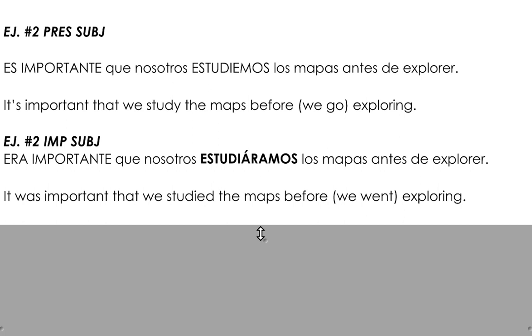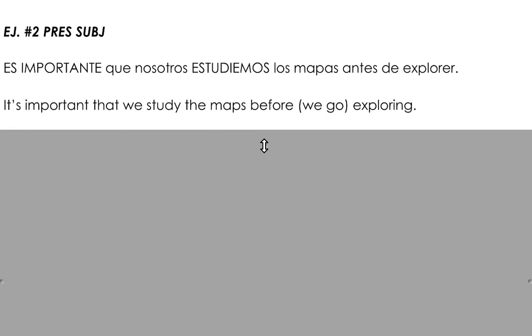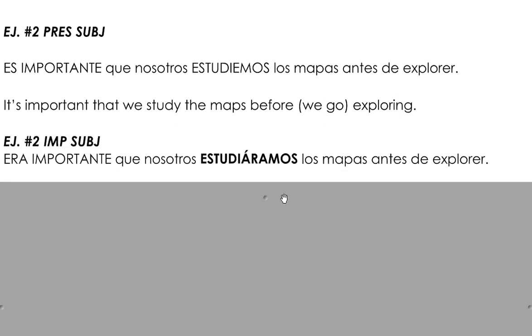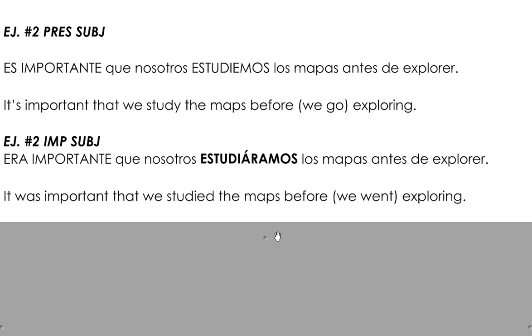Let's look at one more example before we run out of time. Es importante que nosotros estudiemos los mapas antes de explorar. It's important that we study the maps before we go exploring. It's important, present. We study the maps, present tense. Great. Moving on. Era importante que nosotros estudiáramos los mapas antes de explorar. It was important that we studied the maps before we went exploring. So this just gives you an idea. We're using a past tense and a past tense verb to form the imperfect subjunctive. We'll talk more on this in